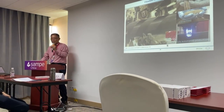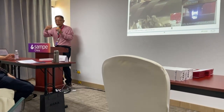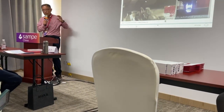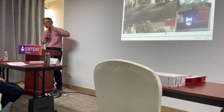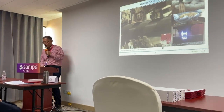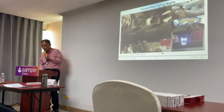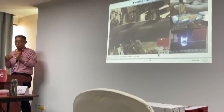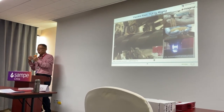Flexible riser. Now, how do we make this flexible riser? As I showed you with the robots and laser, this system can be applied to manufacturing of the flexible riser. It's very similar, and the only difference is that the pipe is continuously moving forward, and the laser-heated thermoplastic tape is wound over the pipe. That's the difference. For application to a flexible riser, we often use PEEK and AS4. AS4 is a very high-end carbon fiber. So we have characterized all these matrices and carbon fiber and put them into design tools, and we are able to design